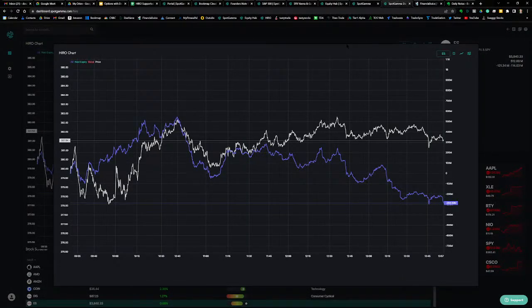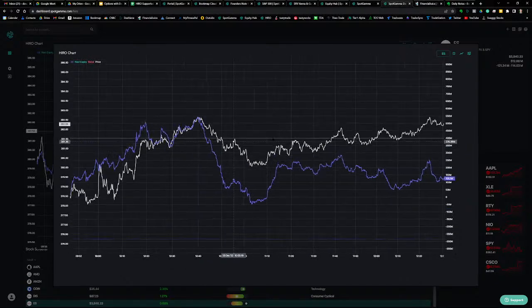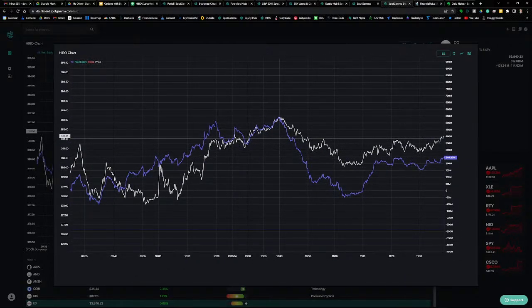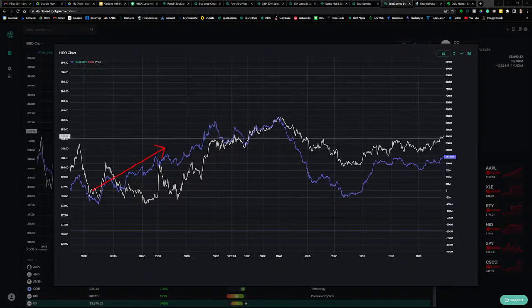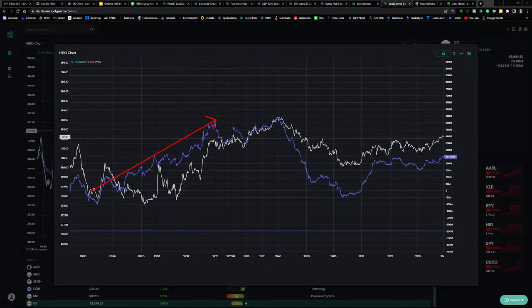And this is a classic hero kickoff setup. And what I mean by that is, notice the divergence here in the hero signal. That's the purple line. This is the new interface, and I hope everybody can see this clearly. The purple line starts to make higher highs while the S&P 500 is making lower lows here before reversing higher. So the way that I handle this, once I see this divergence, I go to Bookmap, and